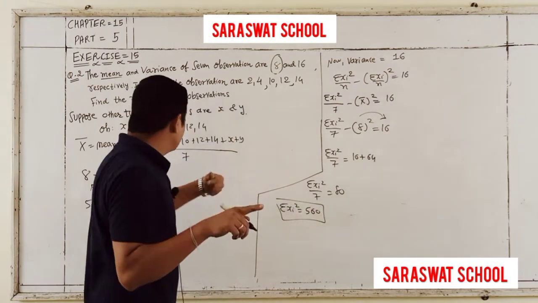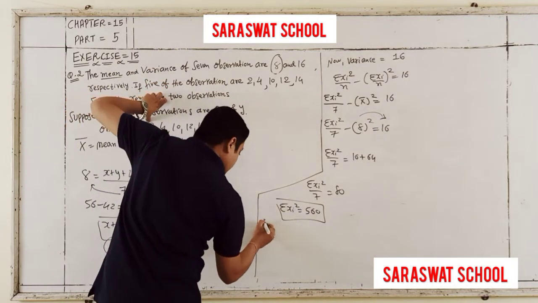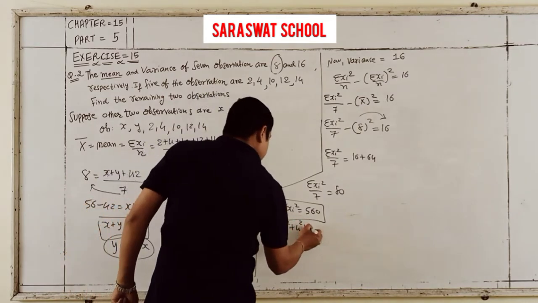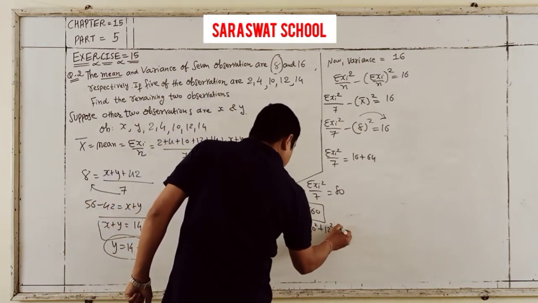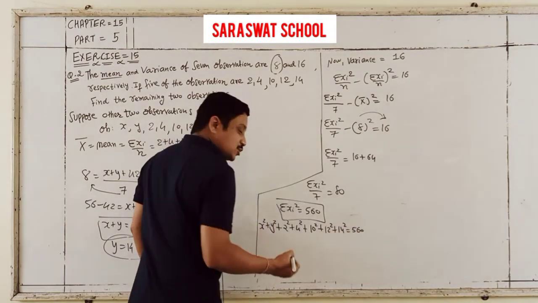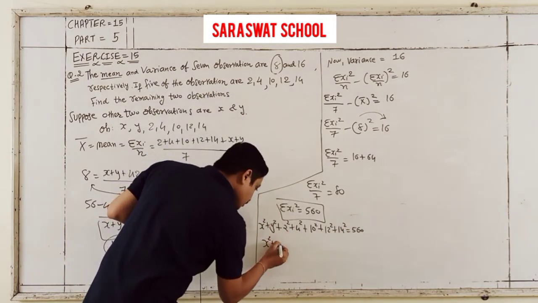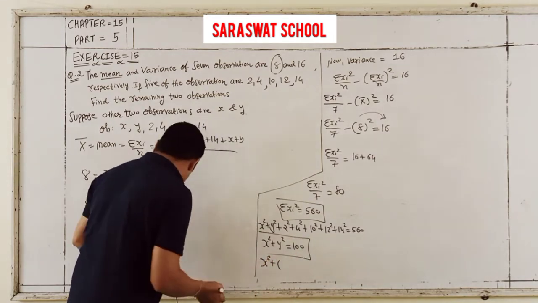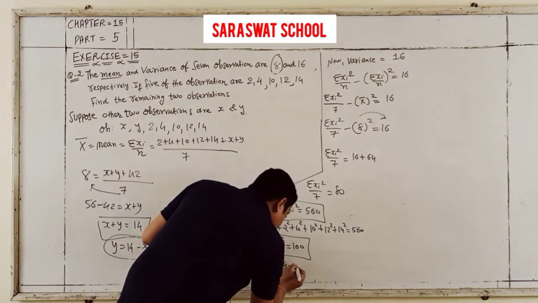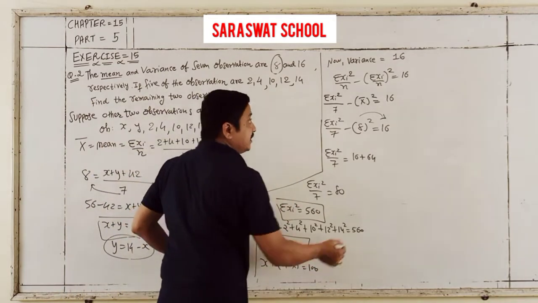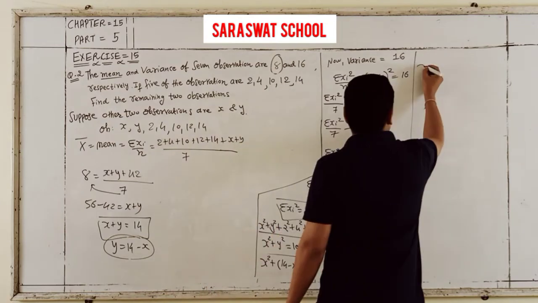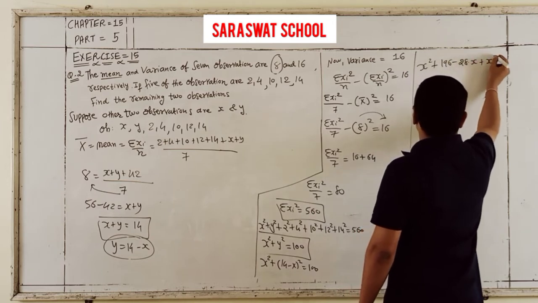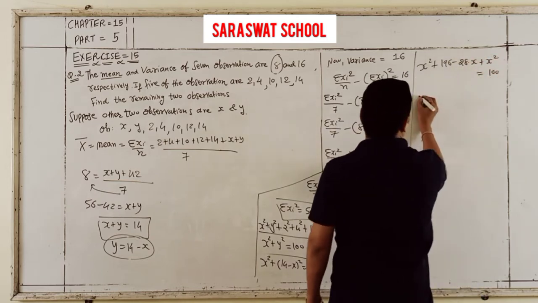Now, the sum of squares of the observations is x square plus y square plus 2 square, 4 square, 10 square, 12 square, 14 square, and the total is 560. Subtracting, you will get 200. Total final solution, and y becomes 14 minus x. So x square plus 14 square, 196, minus 28x plus x square equals 100. So 2x square